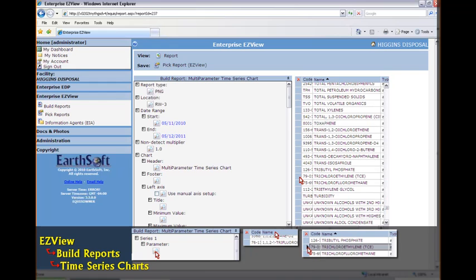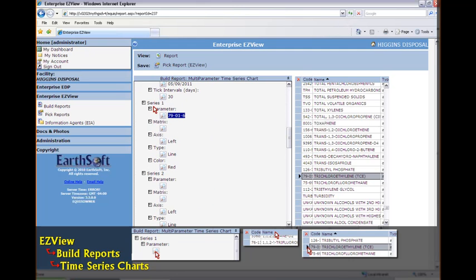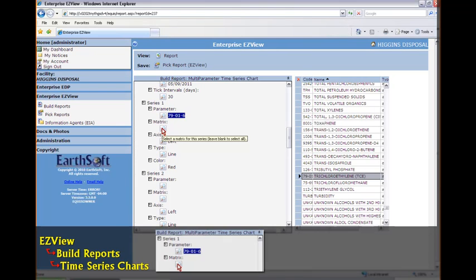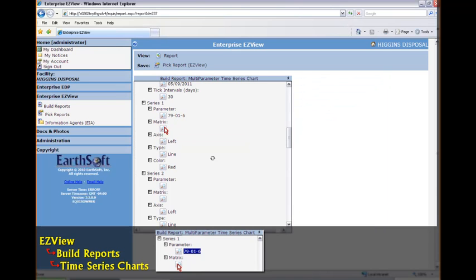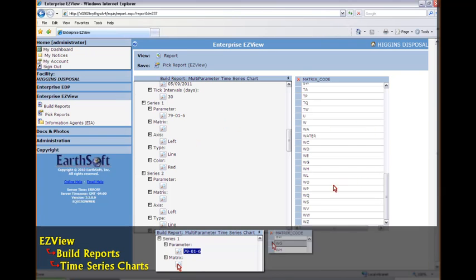Okay, there it is, trichloroethylene. Ethylene. Okay. So that's for my first Series 1. I want to make sure that I define what matrix I want to look at. So I'm going to click on the matrix little magnifying glass there. And I'm going to click on the WG well,